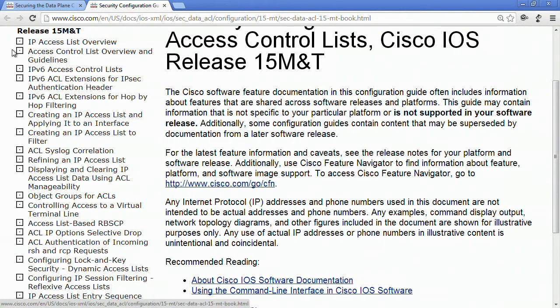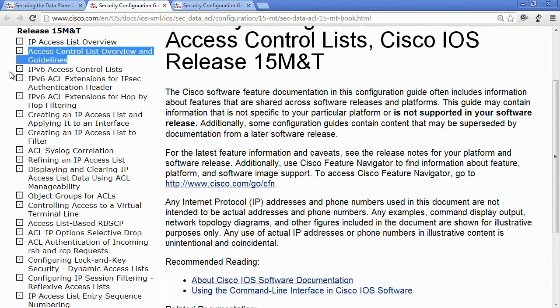But we can see here the main documentation would be under Access Control List Overview and Guidelines. And then some of these more specific features, like I mentioned, the syslog correlation. This would be that cookie, that string that you're adding onto the end of the ACLs. Also in this version, there is now object group support for ACLs in regular IOS, in addition to ASA,